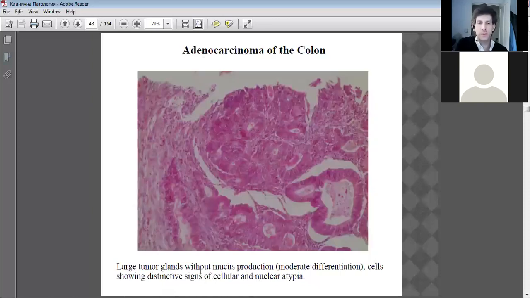Large tumoral glands without mucus production. Some moderate differentiation, cells showing distinctive signs of atypia. Again, you can see it's an example of some cells still having a fairly normal array of nuclei and a sort of roundish shape, but